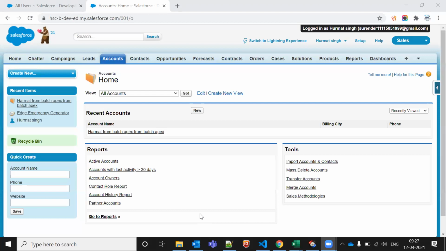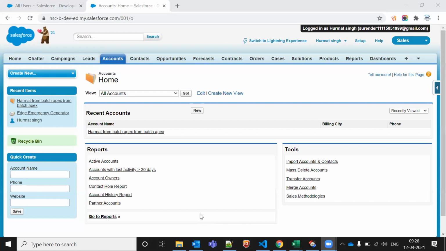Yes. Okay, fine. And field update, can we do it from process builder? Yes. Okay, fine. Actually, parent to child can be done from workflow, whereas child to parent can be done from workflow, whereas parent to child and child to parent both can be done from process builder.